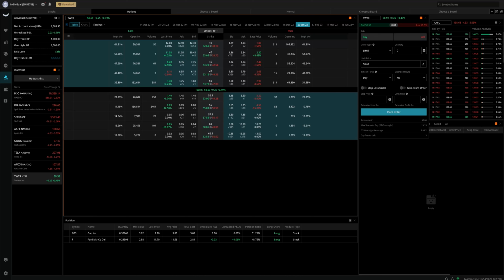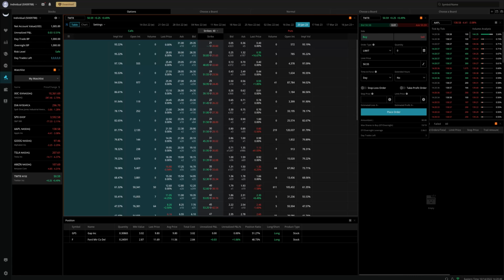The current price of Twitter today is $50.58 and it is rising by 0.49%. On the board, we only see 10 available prices, but I want to expand that and get more entry prices. Click where it says strike and pick what you prefer. I think 40 is a good number. The strike price is a fixed price at which you can buy or sell the option in case of a call or put. I will scroll down and find the price that I want for my put,